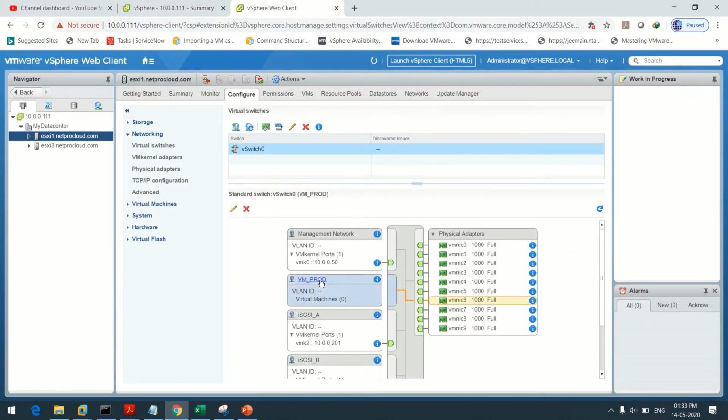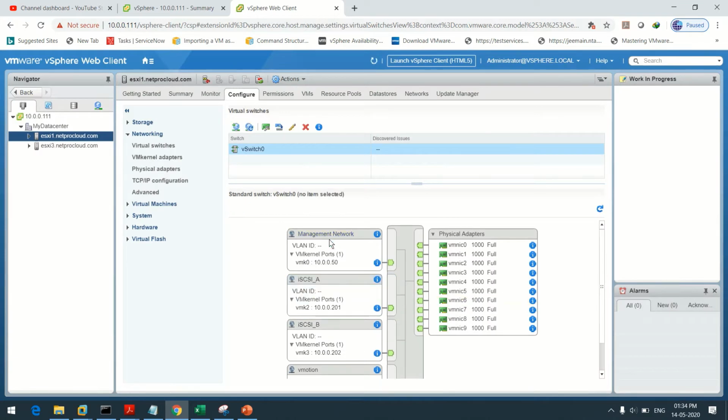Again select VM prod. So one by one what we are doing, we are going to delete every port group over here except the management port group. If we delete this one, then we will lose the management, so we cannot manage this ESXi host. So leaving the management network, we have to delete every VM kernel port group as well as VM port group. So VM prod is the VM port group. Why? Because it only contains virtual machines. At present no virtual machine is there, but this port group is designed to hold virtual machines. So delete it.